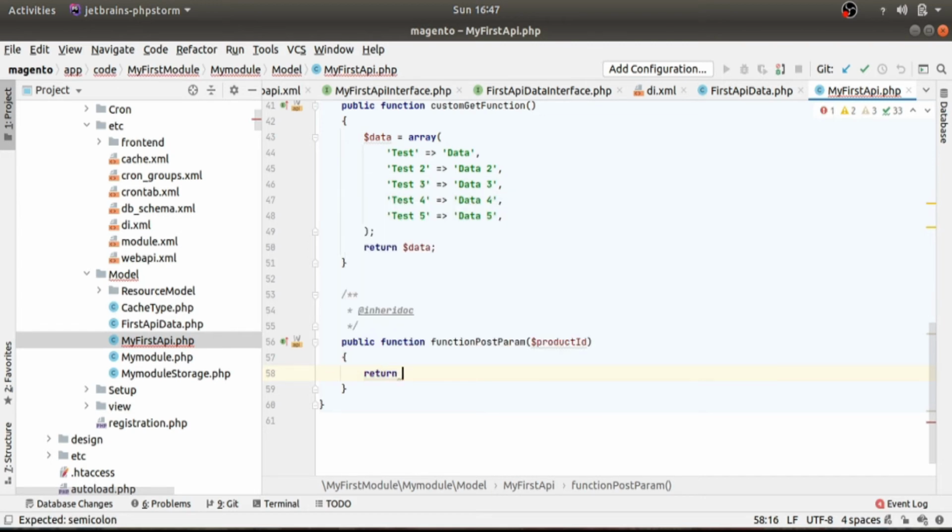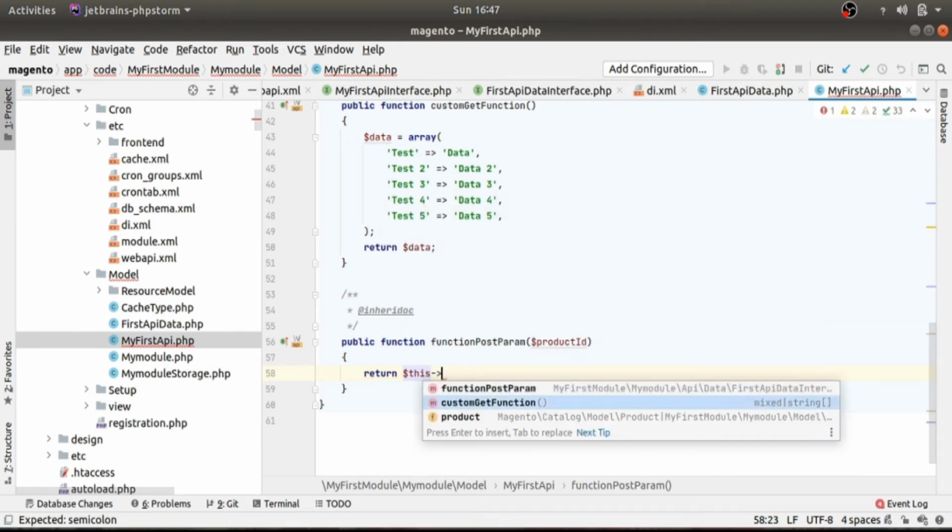Though it is not good practice to use the load function anymore in our code, I am using it just for demonstration purposes.